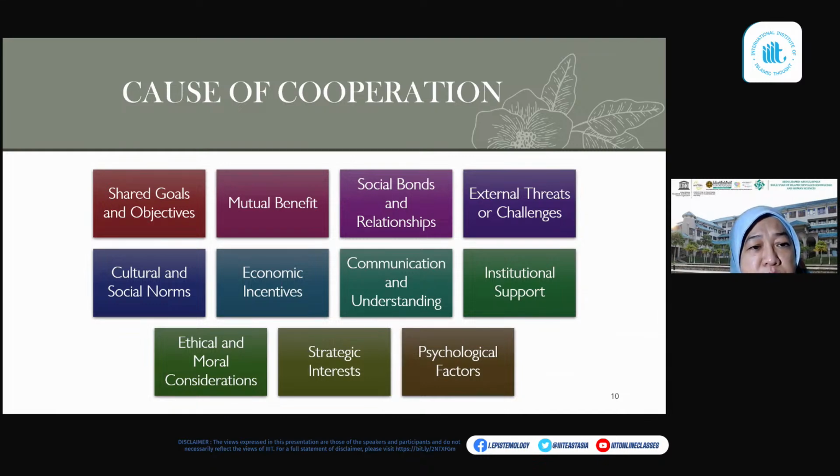Cooperation is also needed for ethical and moral consideration. For example, a volunteer working together in humanitarian aid efforts for the sake of ethical and moral belief, to help others and to contribute to the common good and motivate more cooperation from others, so that when people see how you struggle to help other people who are in need,